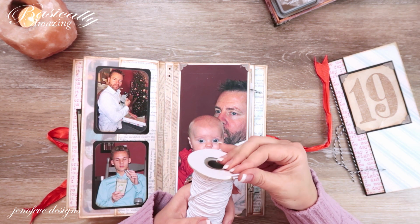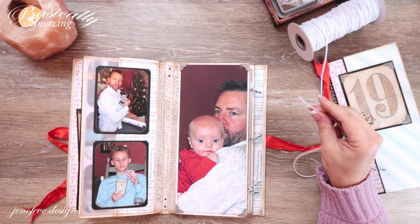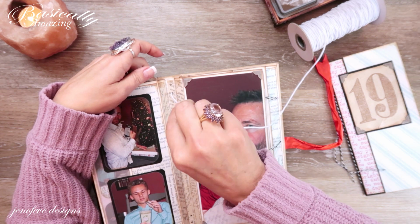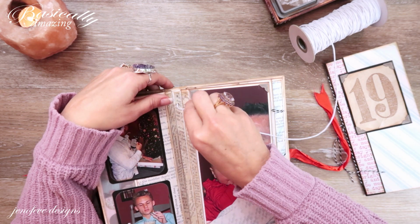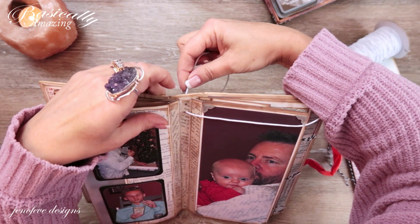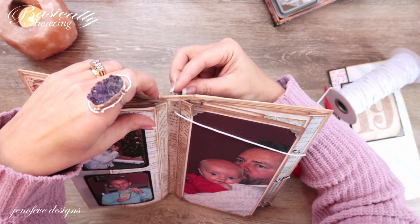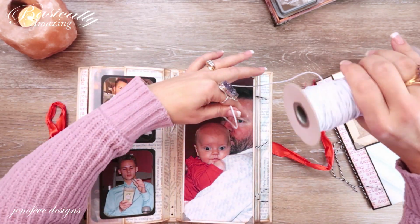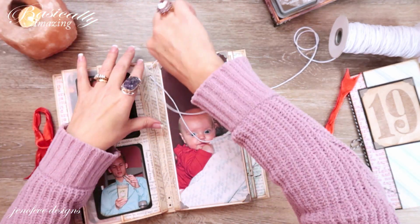So then I'm gonna take some elastic and I'm going to start at the second hole from the top, and from the inside I'm going to go, there really isn't a right or wrong way, I don't think, to do this. I'm going to feed that through to the outside, and I'm going to come back in that top hole there, maybe from the outside. Might have to flip it over, right? And I'm going to pull, whoop,